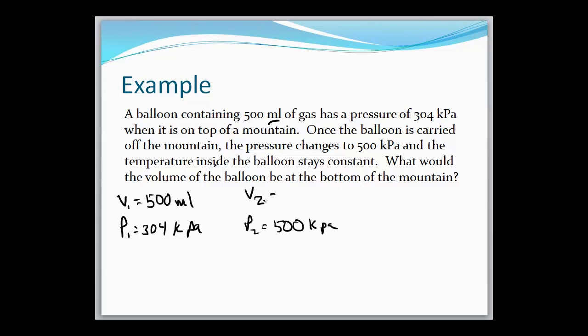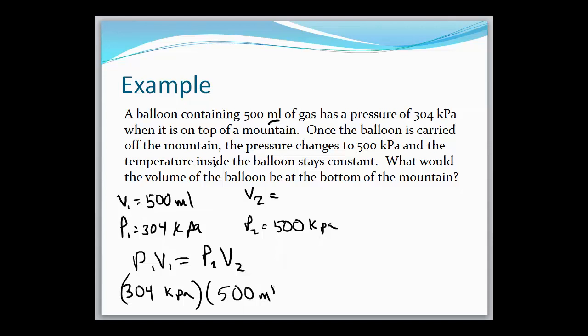So again, you can see all you're doing is taking that formula P1V1 is equal to P2V2 and solving for the unknown. So our pressure, 304 kilopascals. Our initial volume, 500 milliliters. Our second pressure, 500 kilopascals. We're solving for V2. When you do the calculation, you get